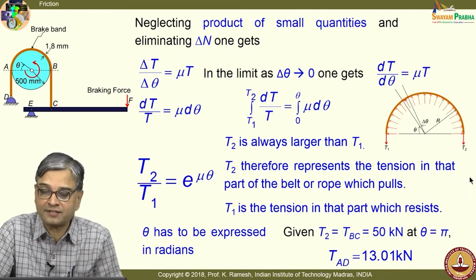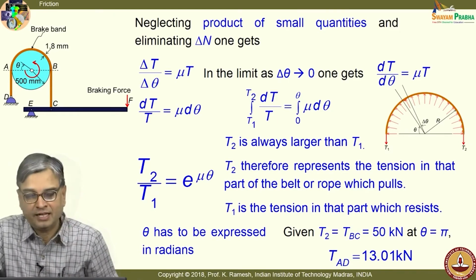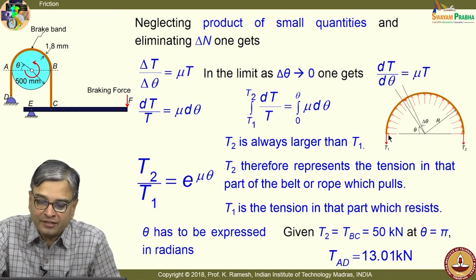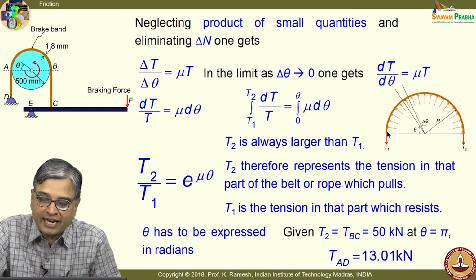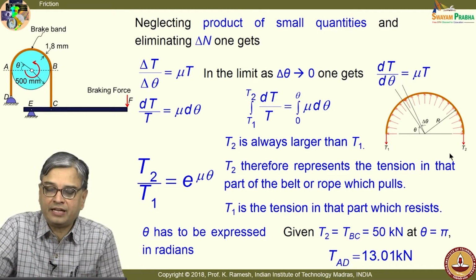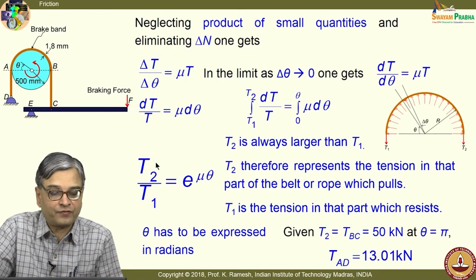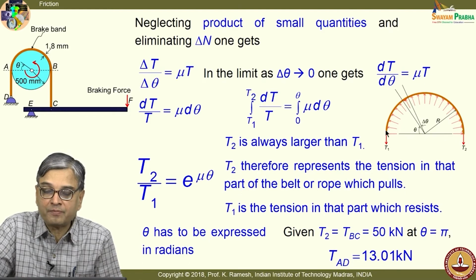You should understand how T1 and T2 are when you draw the frictional direction. One way of looking at it is, I have T2 here and the friction is just opposite to that. I have tension T1 and the friction direction and tension T1 are aligned in the same way. So, when I use this expression, you must consciously label T2 and T1 correctly. T2 should be the higher value of tension, T1 should be the lower value, and it should be marked correctly on your free body diagram, looking into the direction of frictional force.